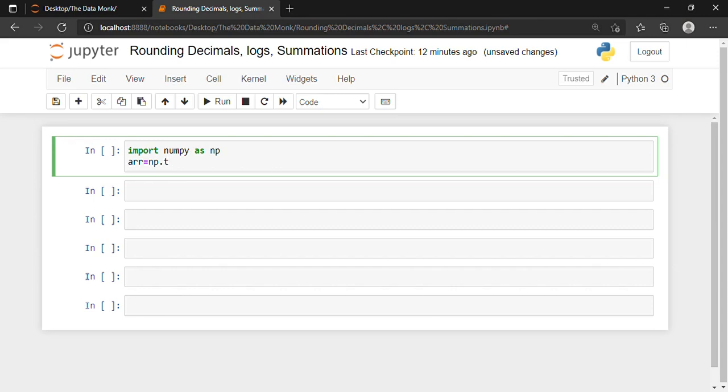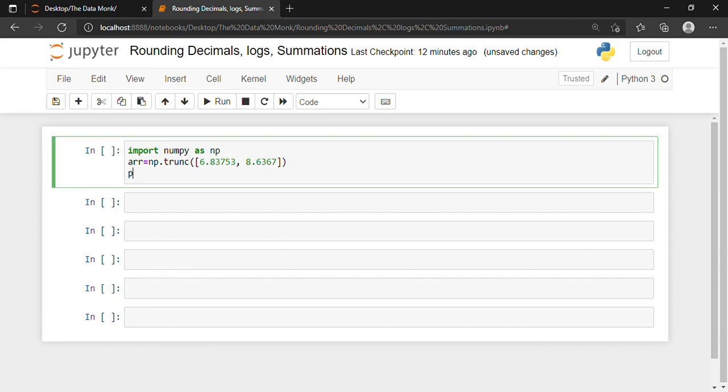So array is equal to np.trunc, and inside the square brackets I can write any numbers, for example 6 point something, and then 8 point something. So I'm writing these numbers.